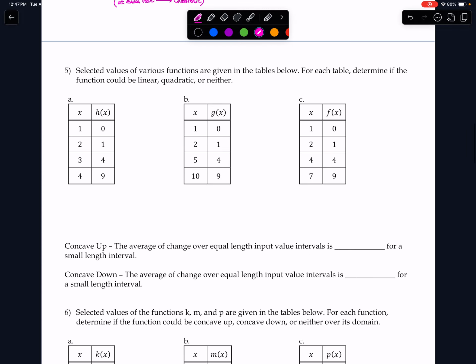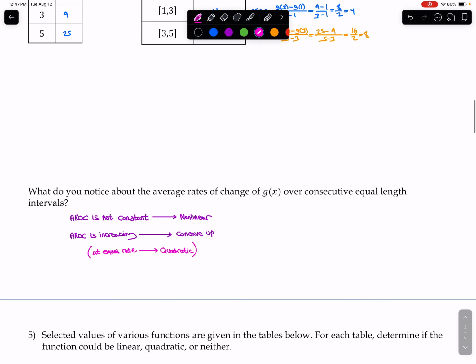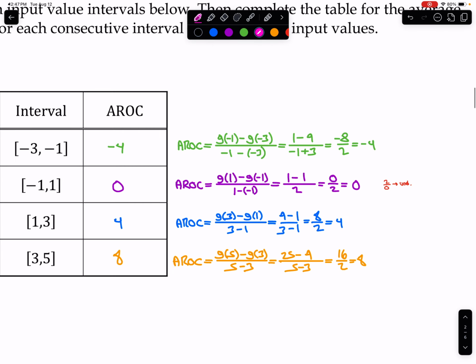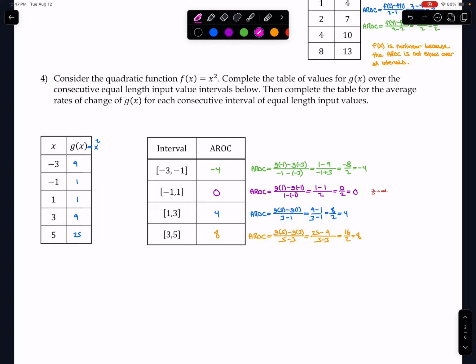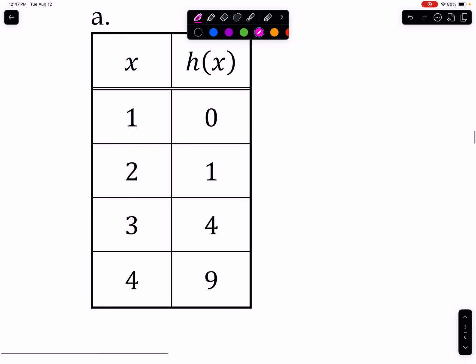All right, moving on. So at this next set, now you want to look at the selected values in various functions that are given. For each table, determine if the function could be linear, quadratic, or neither. So we're going to be doing the average rate of change like we did up here, and we're going to look at the average rate of change to determine what type of function it could be. So over here,